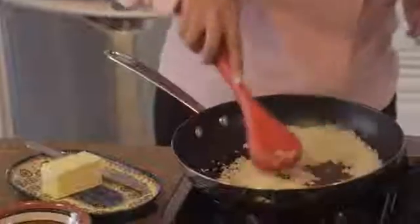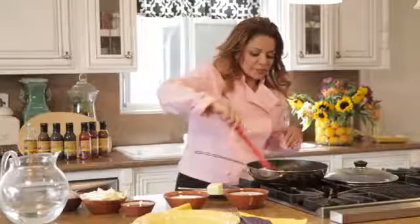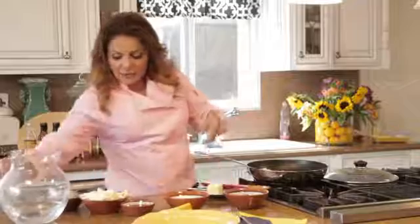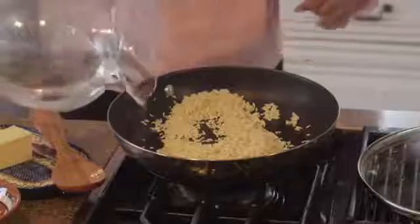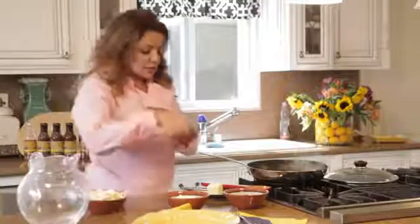We want to saute it till it's kind of nice and golden. So once it's golden, nice and toasty, we want to add a little bit of water. So with rice, it's 2 parts water, 1 part rice. We're going to salt it